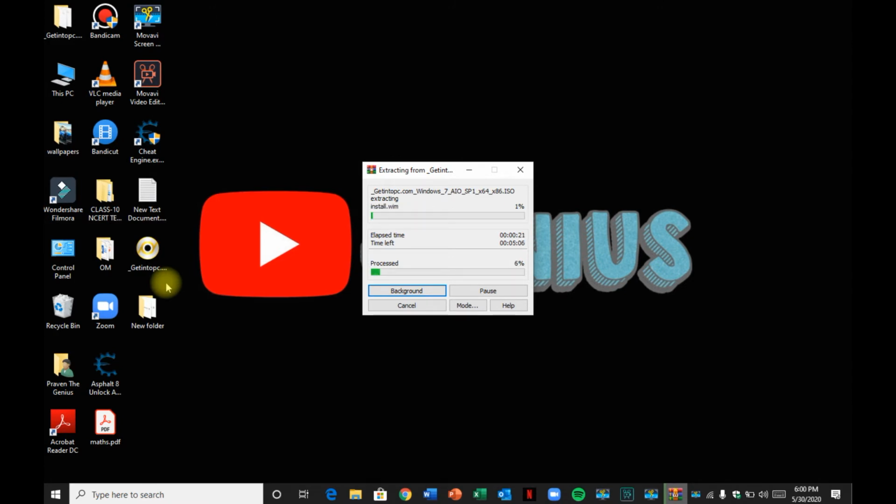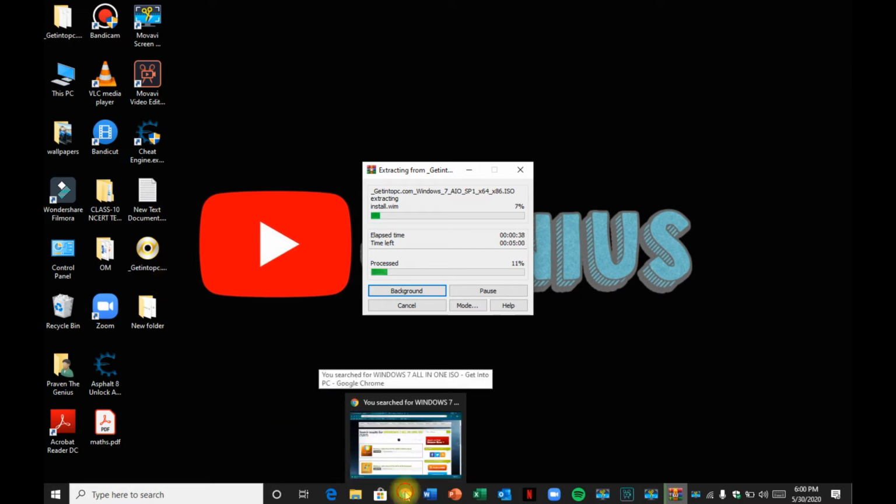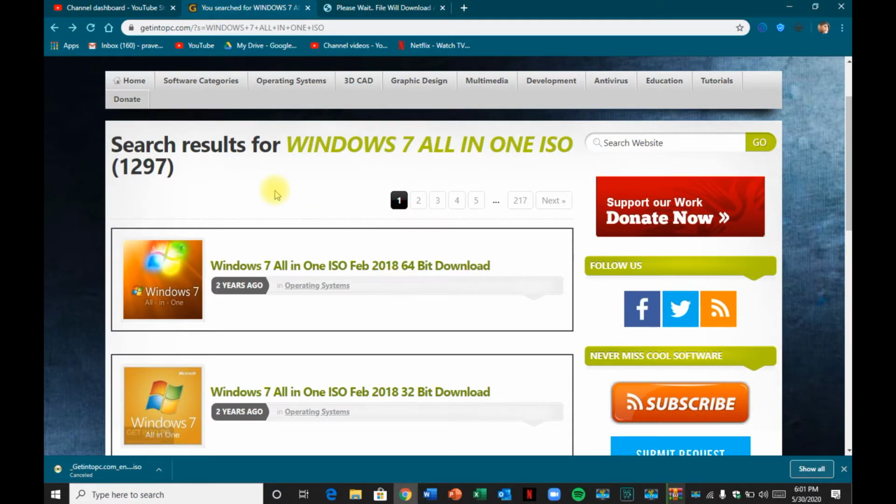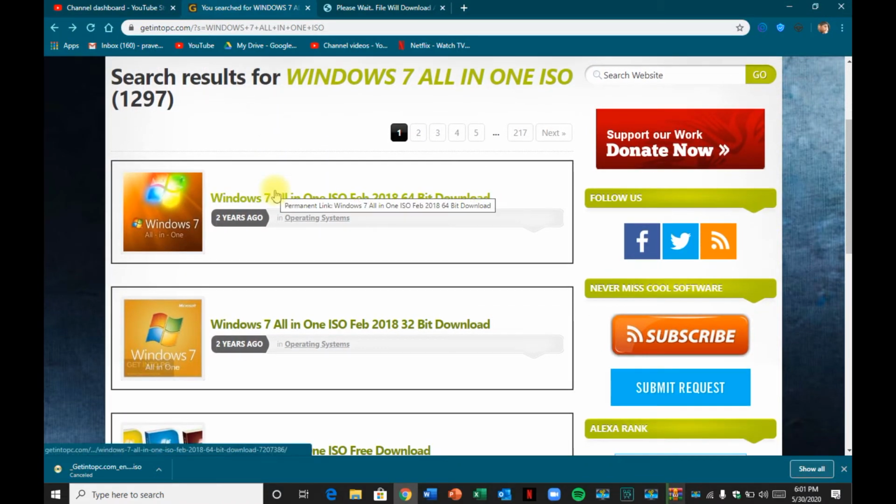In that interface there will be all the Windows 7 versions, like Windows 7 Home, Windows 7 Ultimate, Windows 7 Professional, all of them, in both 32-bit and 64-bit, whichever you want, you can install it. But it requires more space. So to make it simpler and more compact for you, I'm suggesting this: if your PC is 64-bit or 32-bit, go to that one and download it.